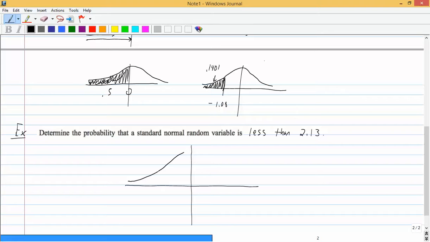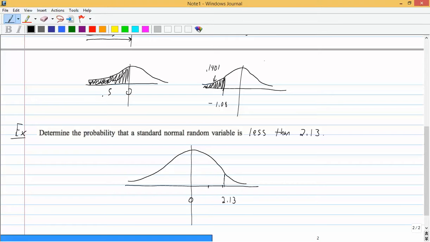So here's our bell curve. Now a z of 2.13 is going to be on the right side of 0, right? Here's 0, and what these z's are, remember, they're standard deviations in a way. They're a standardized value away from the mean. So that 2.13 is probably going to be pretty far over here to the right. So I'm going to just say right here, this is